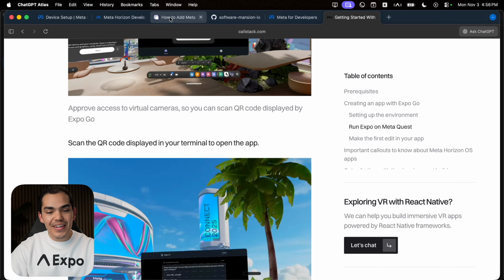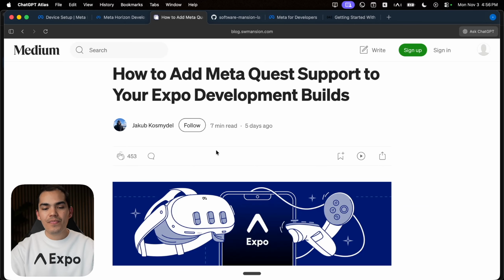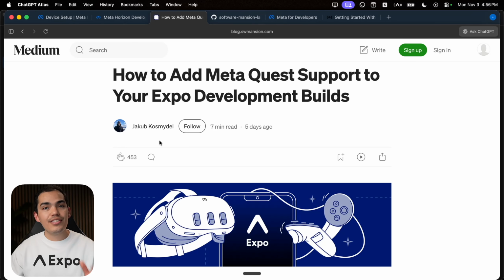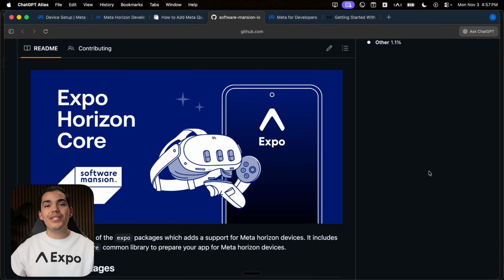I also have another resource that I want to recommend, and I'm going to leave it down here as well. This is an amazing post by Jakub. He works at Software Mention, and he created an amazing post on how to create a development build, right? Because right now we're using Expo Go, but it's actually possible to use a development build, which takes me to